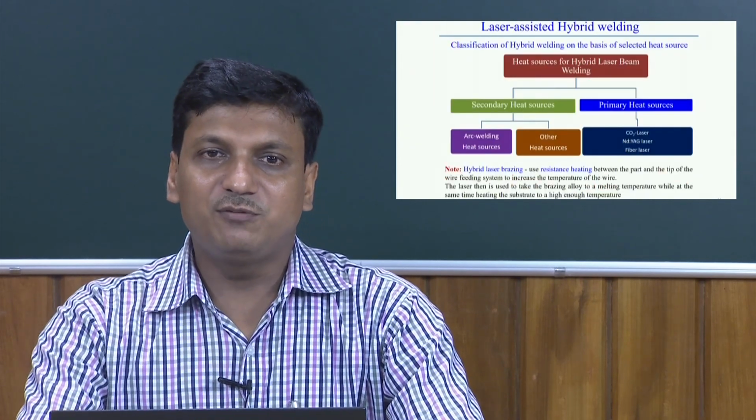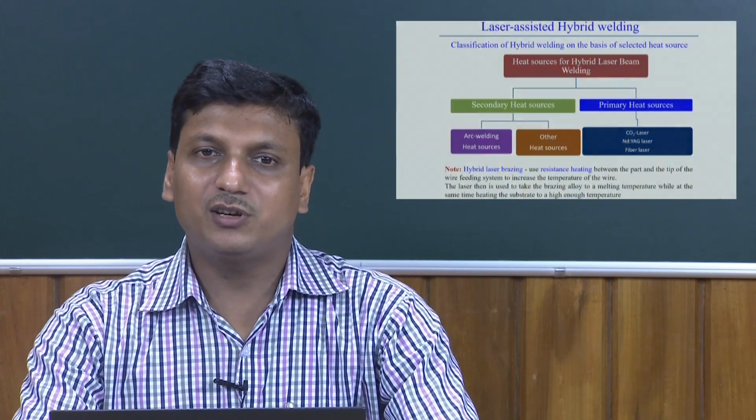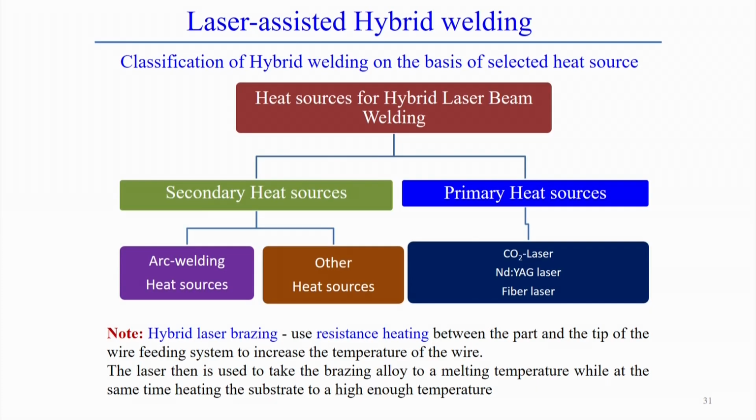So, if we classify the hybrid welding processes on the basis of the heat source, it can be divided into two things. One is the secondary heat source, another is the primary heat source. Of course, the primary heat sources are the carbon dioxide laser, Nd:YAG laser and fiber laser. That means it is a basic laser welding process, and the secondary source can be arc welding processes